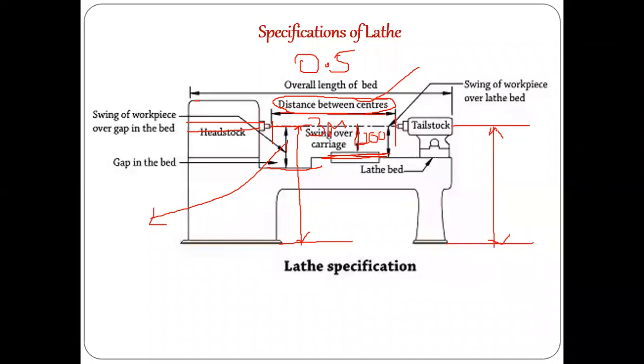An operator or a worker working on the machine has to have a comfort level. For his height, maybe something about 3 feet, or nothing but 1 meter. If the center distance is coming about 1 meter, it means you can operate comfortably by standing and holding with your hands. So this height is also one of the important specifications, height of the center. So these are the 5 parameters, right?